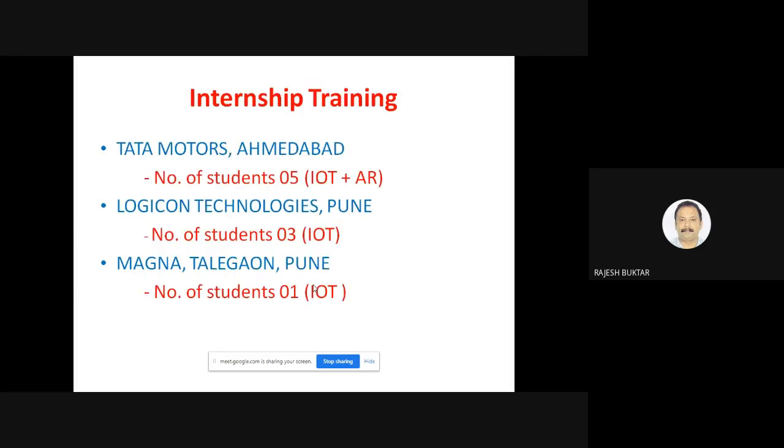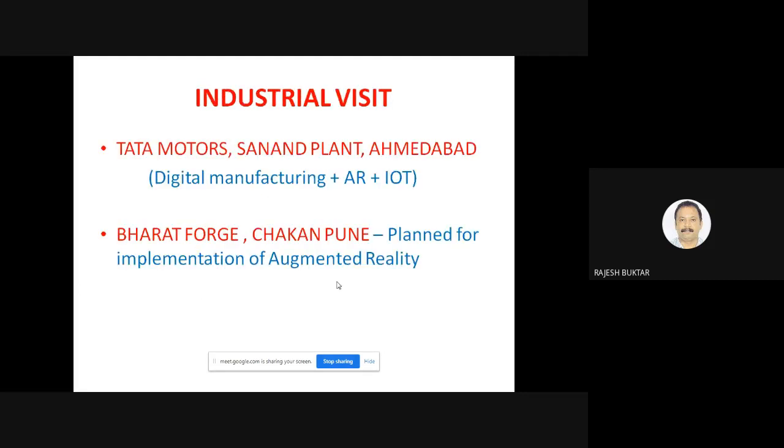The internship training also needs to be targeted in these directions. If the industries come to know that your students are aware of these technologies and faculties are working in this area, they will open a red carpet for internship training, because they also require expertise in these areas and are not having it. They are looking for such students. Therefore, your internship training gap can also be fulfilled by targeting these technologies. Your industrial visits can be arranged in these areas only.